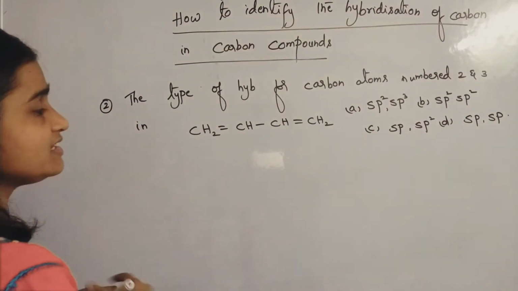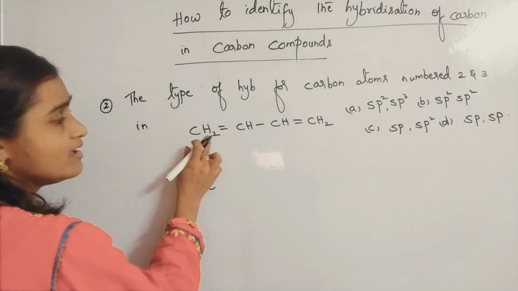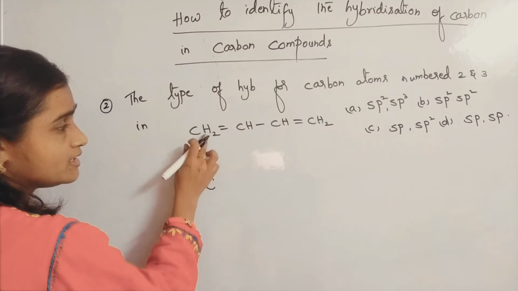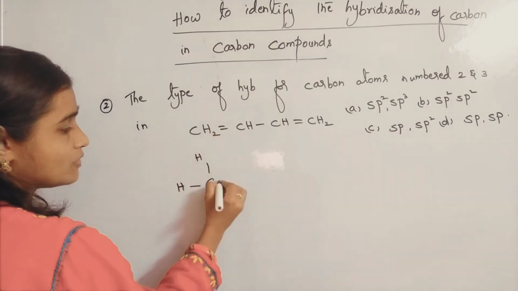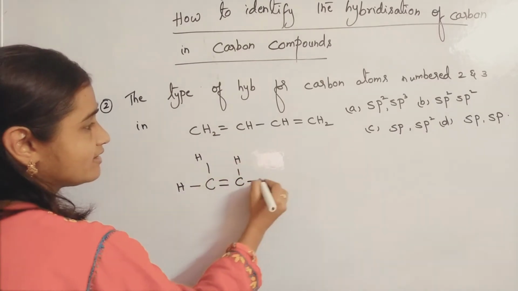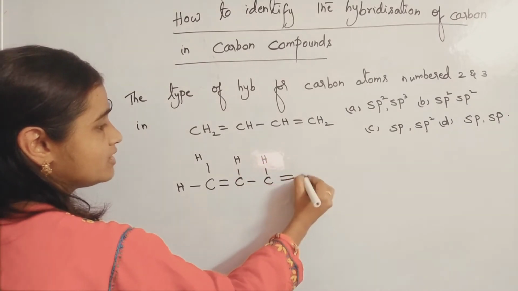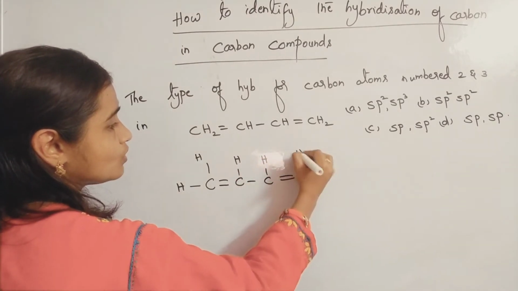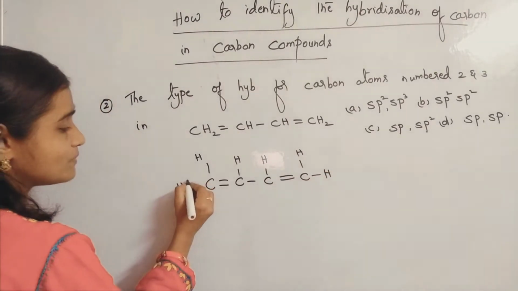First check with the tetravalency. Spread the hydrogens and write so that you will be getting sigma bonds. Here CH2 is there. I am spreading hydrogens and writing, and this double bond as it is. C and H I am spreading and writing. C, again H I am spreading and writing. And a double bond CH2. If you spread and write the hydrogens, then you can find sigma bonds quickly.